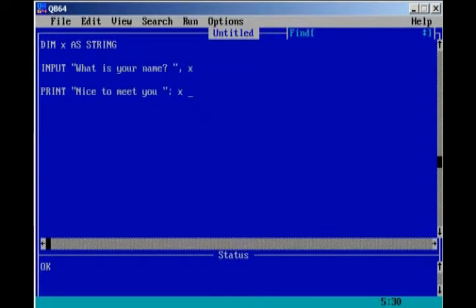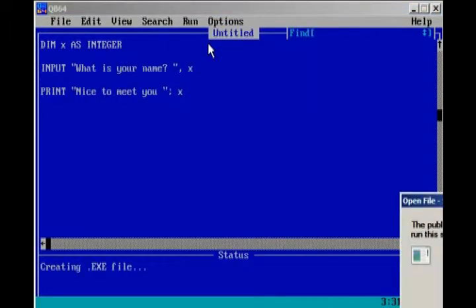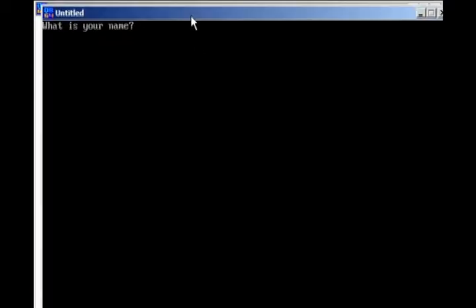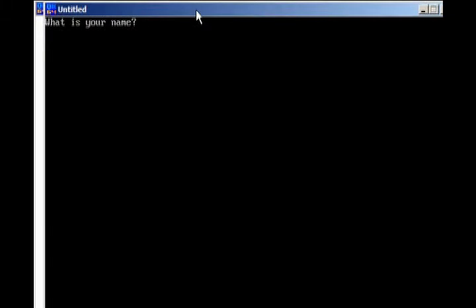So see, it works. Now, what if we change string to integer? In this case, the computer will be asking, what is your name? However, x would be an integer. If we run our program, what is your name? And I can attempt to write Zachary. However, the computer will not let me, and you can hear me banging on my keyboard for letters, and it will not work. However, if I go over to my numbers, it will work because I dimmed x as an integer. And so it will allow me to type in integers,